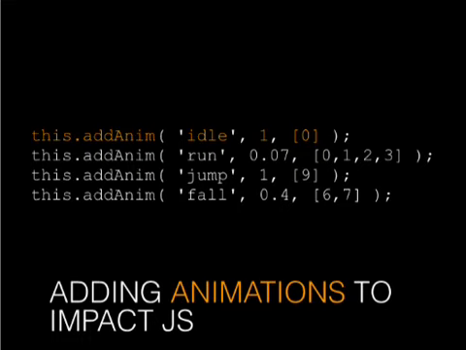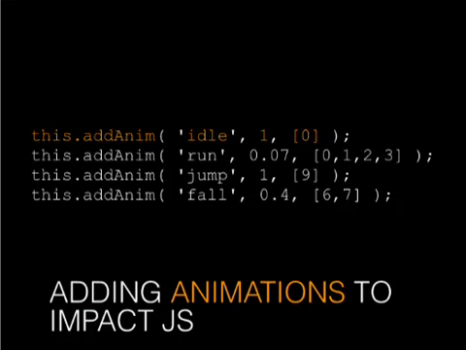So this is just a few examples from my player class. In the player class, you'd call this .addAnimation, and you would pass in a label so that you know how to access it. So this is idle. It's going to go for 1 second, and it's going to use sprite 0. Everything is 0-based, so the first sprite is always going to be 0. And as you see through these other animations, I have run, I have jump, and I have fall. You can also make multiple frames, and you can jump around the frames. It doesn't have to be linear in any fashion. So if you have a more creative way of packaging up your sprites for optimization, don't worry about them being in a consistent order. You can define that all by hand, which is incredibly helpful.